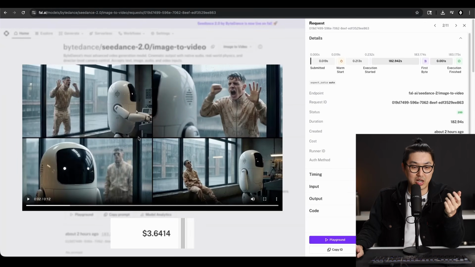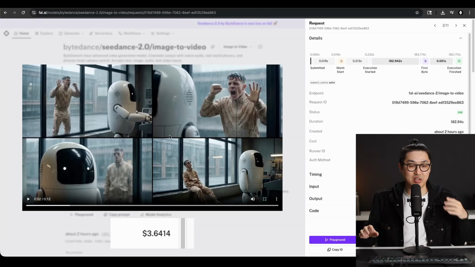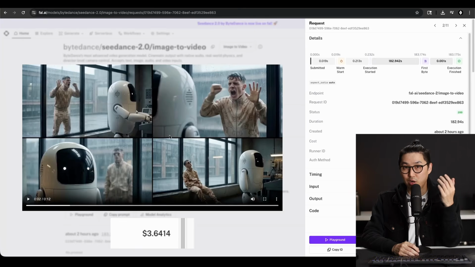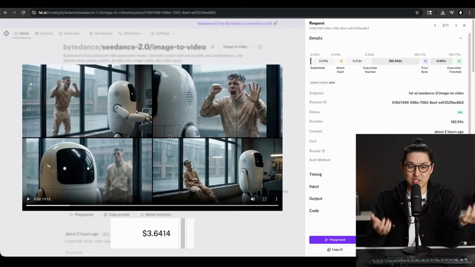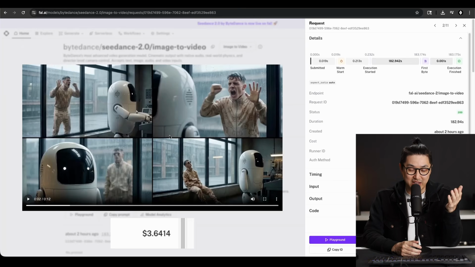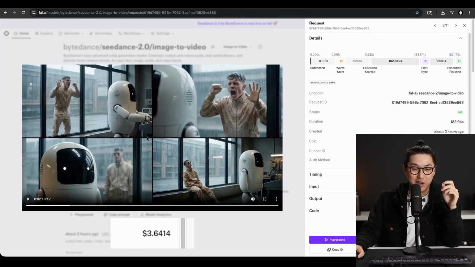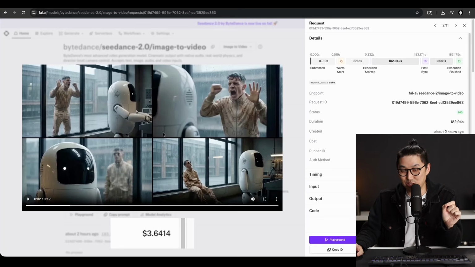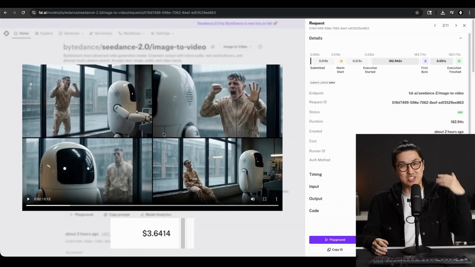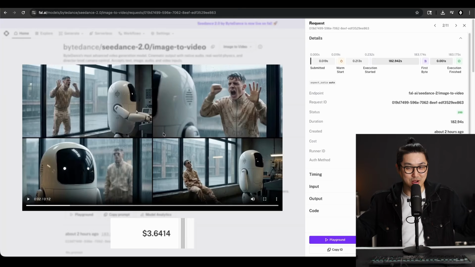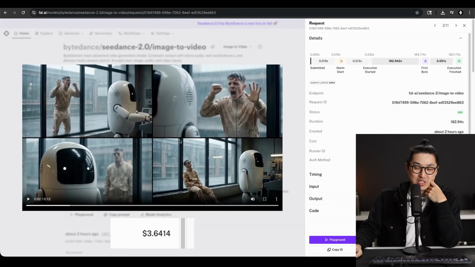So this storyboard, I basically took the wide shot that we generated of the man and the robot, and I went into Nano Banana Pro on FAL, and I said, make a storyboard of the man and the robot. And I said, the story is the man is trapped outside in the rain, and the robot is ignoring him, which is sort of the half-baked premise of this whole short film here. And then all I did was put this 2x2 grid that it made into Seedance 2.0 on FAL, image to video, no prompt. This is no prompt. It's like, here's the storyboard, no text prompt at all. And this is what it came back with.